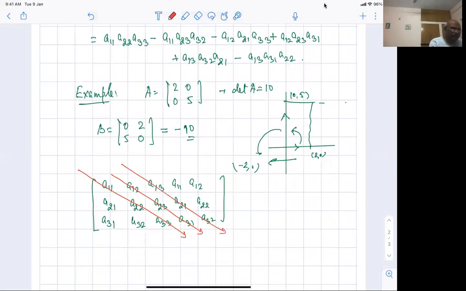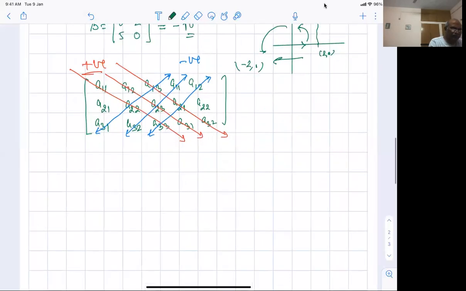Look at the negatives. Can you think of some negatives here? So the negatives will come from A11, A23, A32, which is coming here. A12, A21, and A33, which is here. And where is the third one? A13, A31, and A22. This is the one that is here. Fine. So these are the things that are negatives. And these are the positives. All right. So just write 5 columns. Repeat the first 2 columns as such and just proceed. All right. You will get this part easily. So try that out for better understanding and things like that.